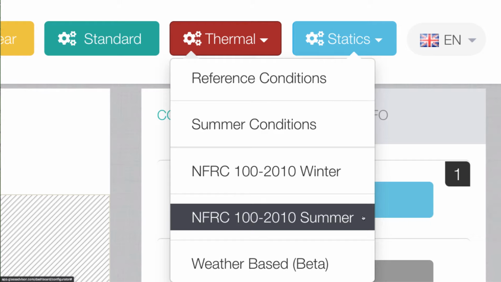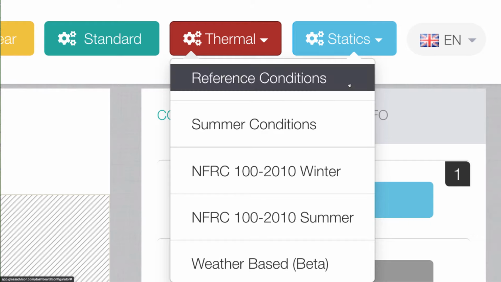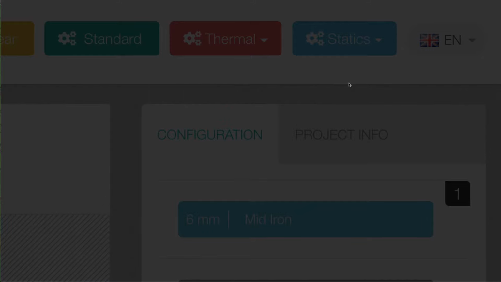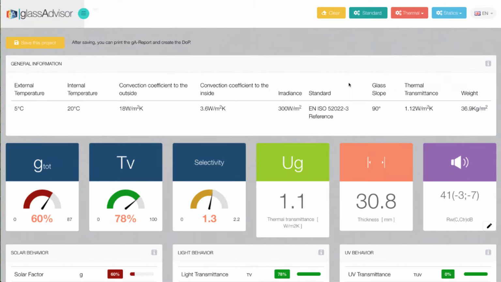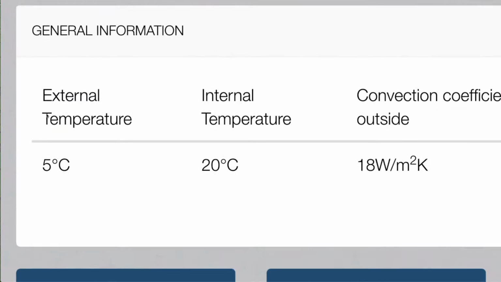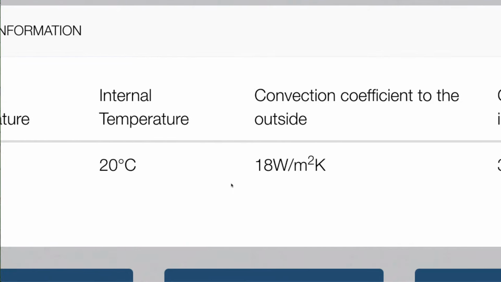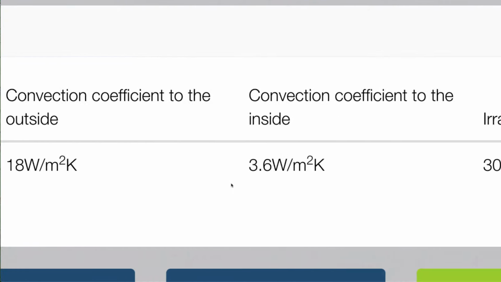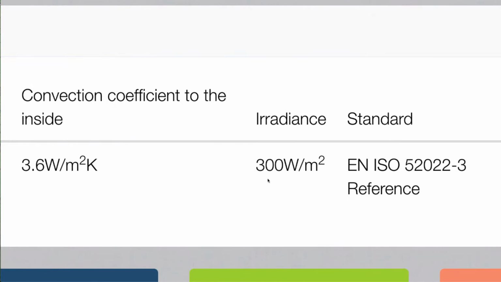Now let's perform a simulation with reference conditions. Let's click on it. The first thing that you notice is that on the general information box, we can find also the values of the boundary conditions, which are not present for the standard glass simulation. So we can see an external air temperature, an internal air temperature, convection coefficients, and even an irradiance.